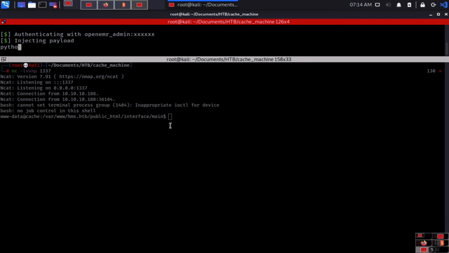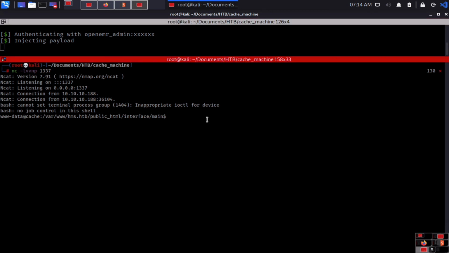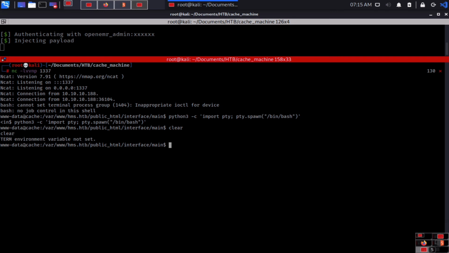Okay, again I have to use Python 3, not here, this side, python3 -c single quote import pty and then pty.spawn and then double quote /bin/bash, single quote close. It is done now. We just type clear and check it out. It's not working, so it means we have to use export TERM=xterm. Enter. Just try with clear command. It is working. Yes, it's working.